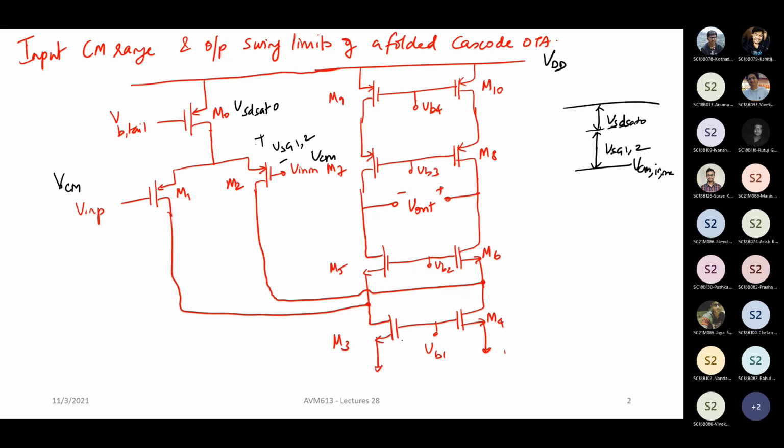Now, what is the minimum voltage to which it can go? Basically, if the VCM goes low here, it means that these two transistors, M1 and M2, need to still be in saturation. So that is going to dictate what is going to be